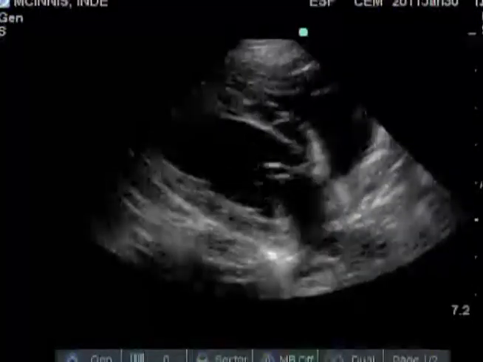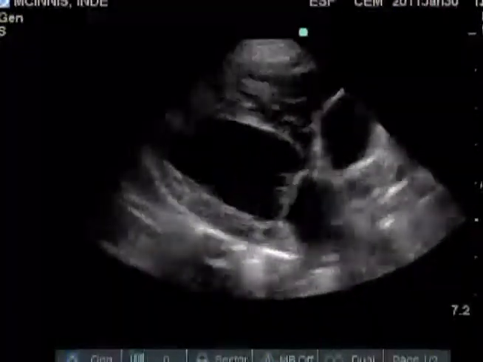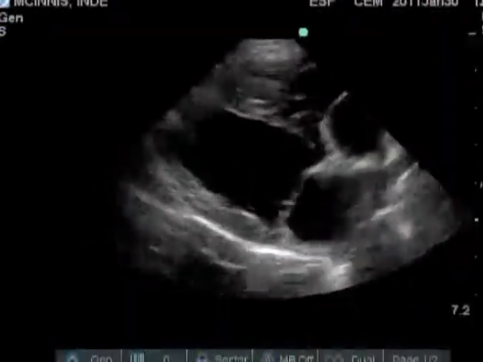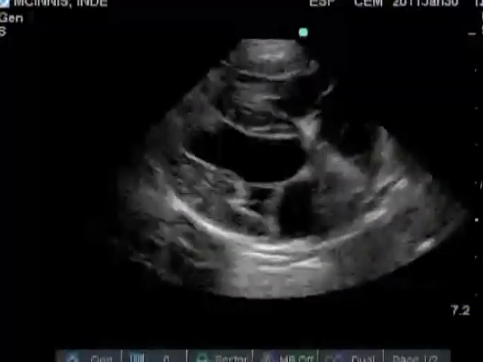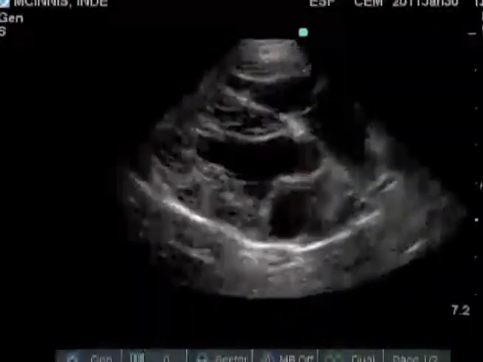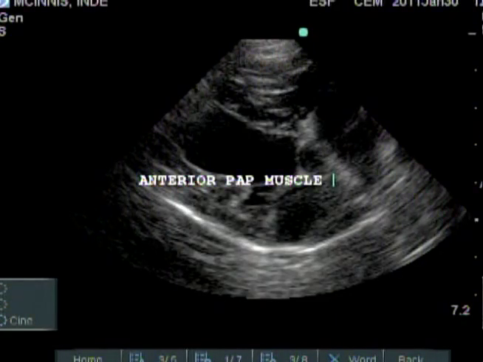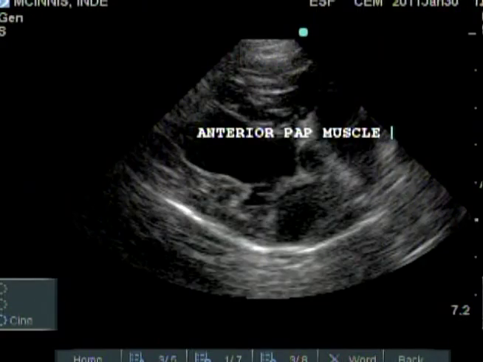If you fan or slide a little cranially, you see the anterior papillary muscle of the left ventricle, the chordae tendineae of the anterior mitral valve leaflet,